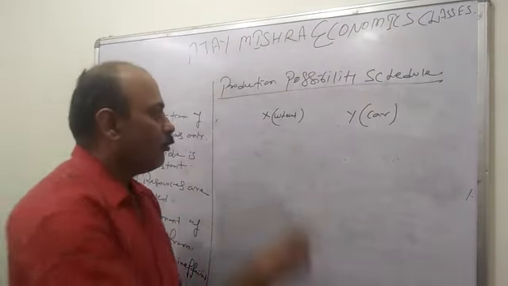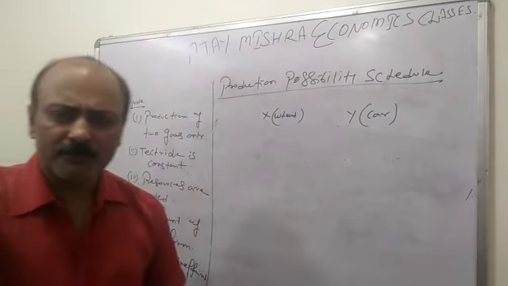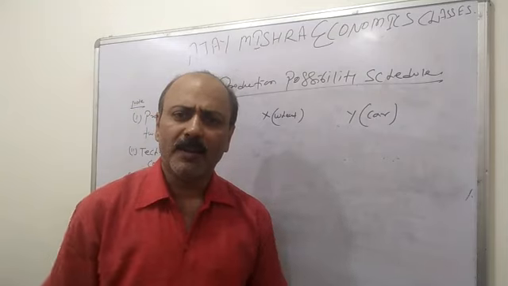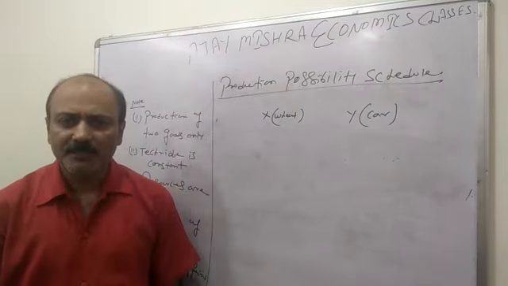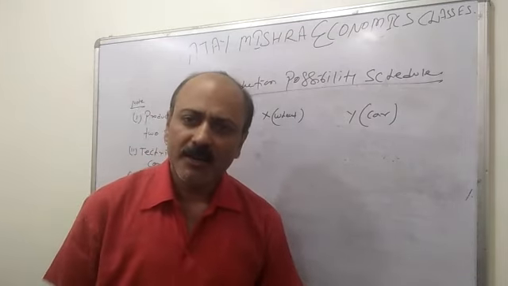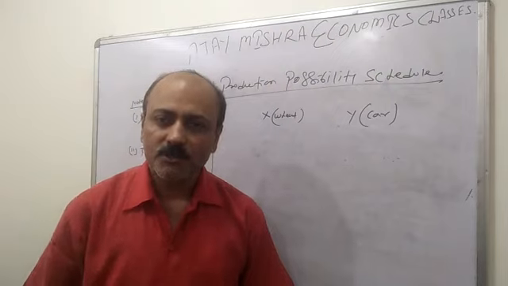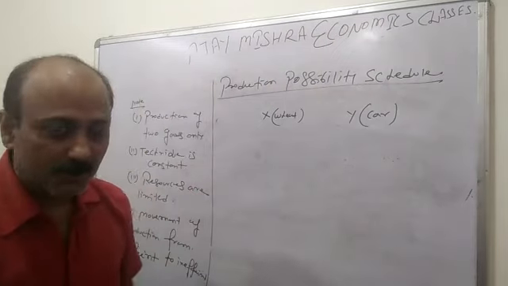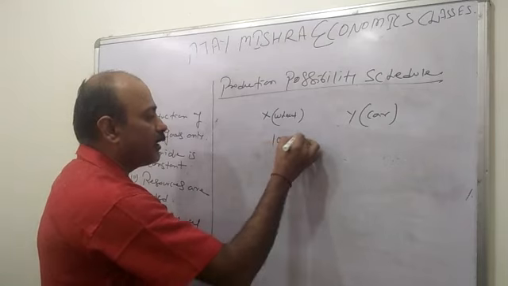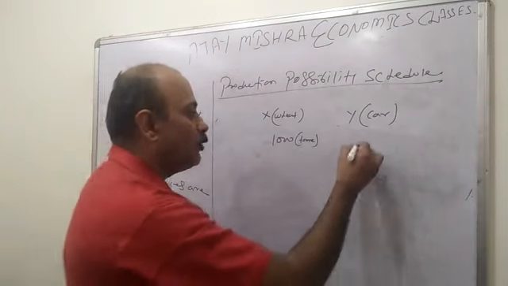So see which one is easier, because agriculture, we have been doing from ancient times. It requires only land, ample land is available in the countryside, and you don't require much technique. You don't require much knowledge. You don't have to go to school and college to acquire the skill. So easily you can do the production. So from the available resources, you are producing 1000 ton of wheat and no car,